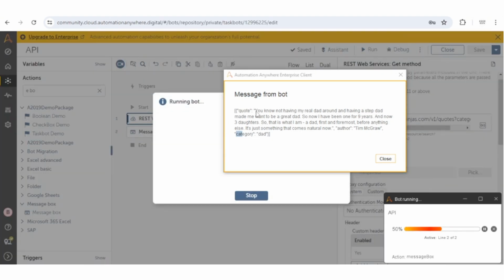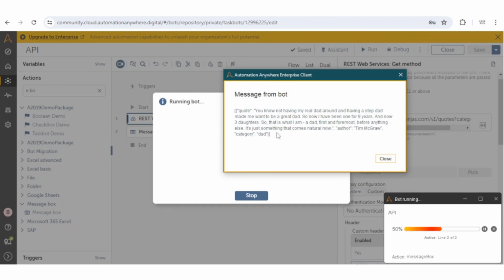So now from this response, we need to extract only the quote. In that case, JSON comes into the picture. We can use the JSON and extract the value of this quote. Let me show you.